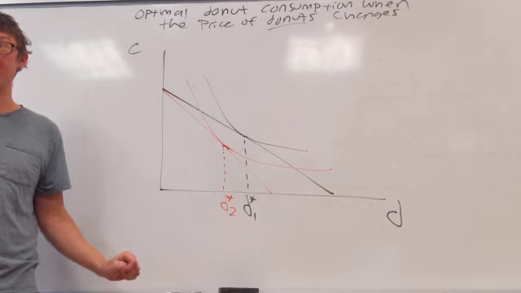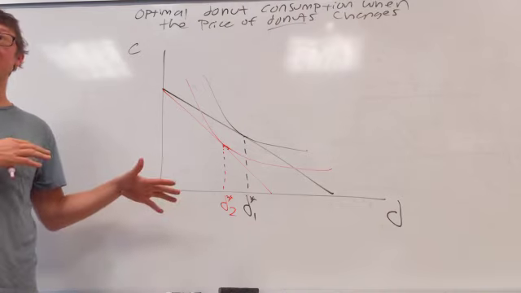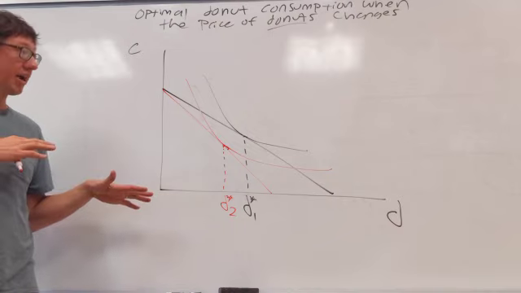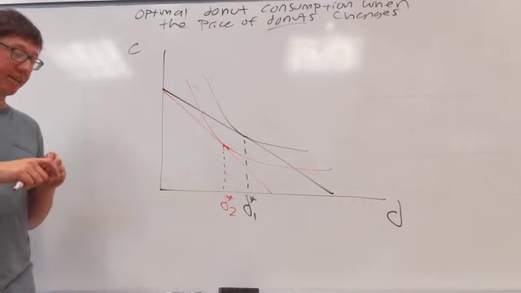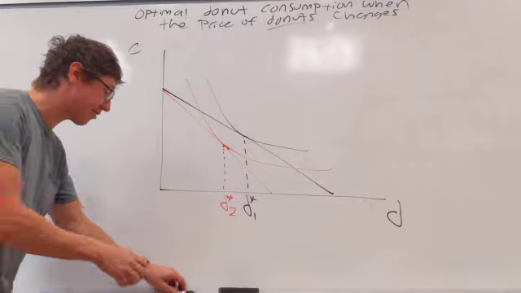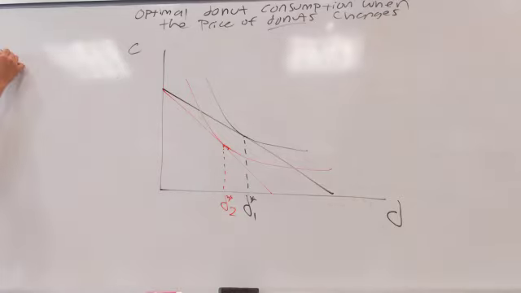That seems like an unremarkable result, but actually it's kind of important, right? Because let's say I want to draw a new graph where on the vertical axis I had the price of donuts, and on the horizontal axis I had